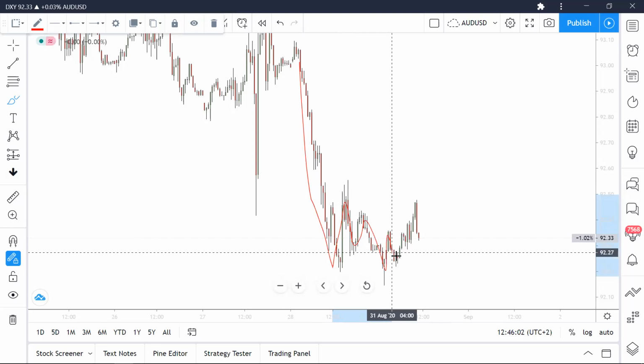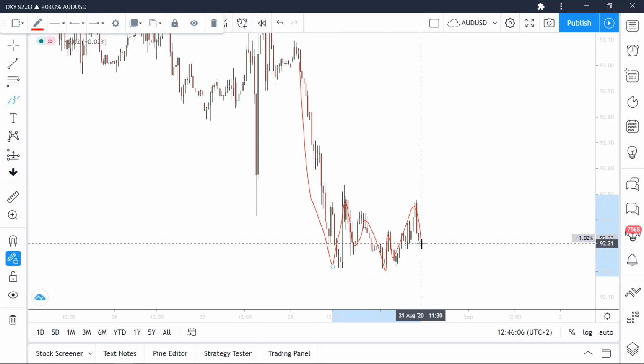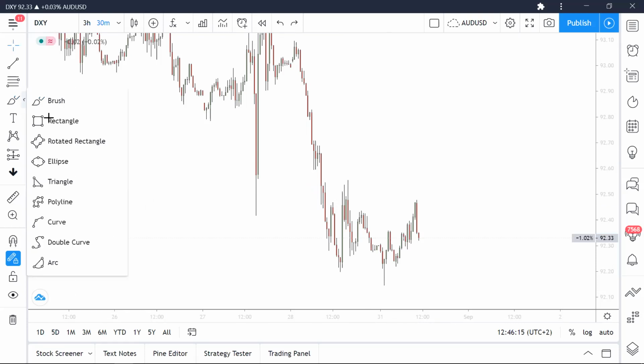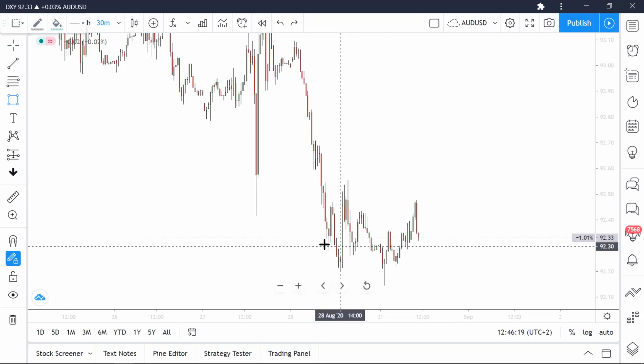And it seems as if the market is planning to make a reversal, and we could potentially see some further upside. Right now, I won't get into much more detail as to why I'm saying that, but I just want to give you guys a forecast of what I am looking for now. Right, what you can see here is that